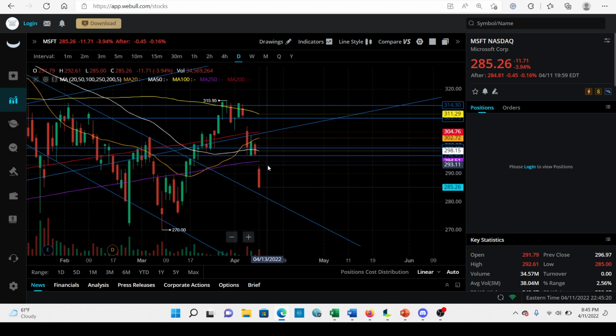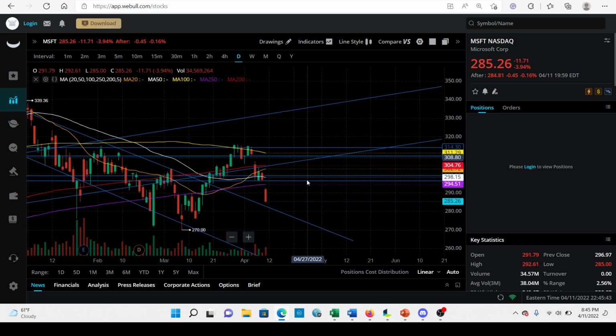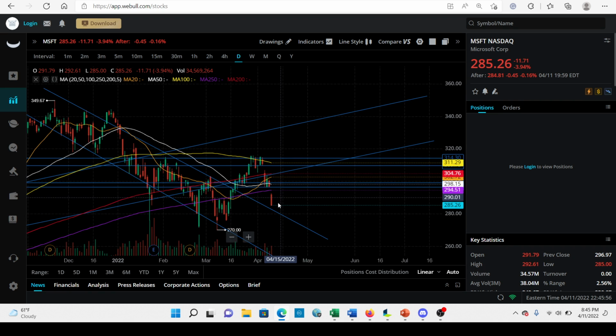So if we're just looking at this gap right here, what is that? It's 293 and it's 296. So we got like a $3 gap here. And we've got another smaller gap right here, 307, about 310. So another $3 gap, a $3 gap here and a $3 gap there. So something to pay attention to. I mean, it's very likely that we could go right back up and fill this gap at 296. So that would be like a $12 move right there. So don't be too bearish.